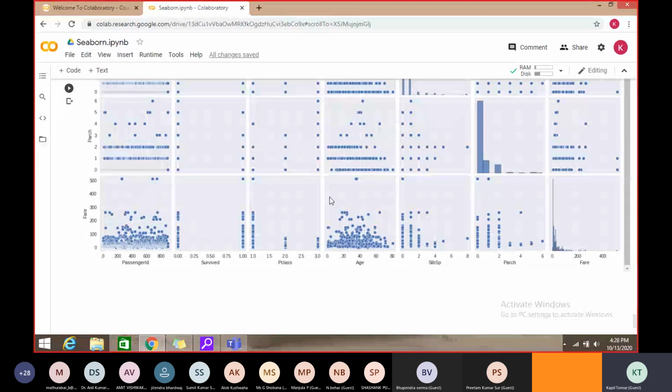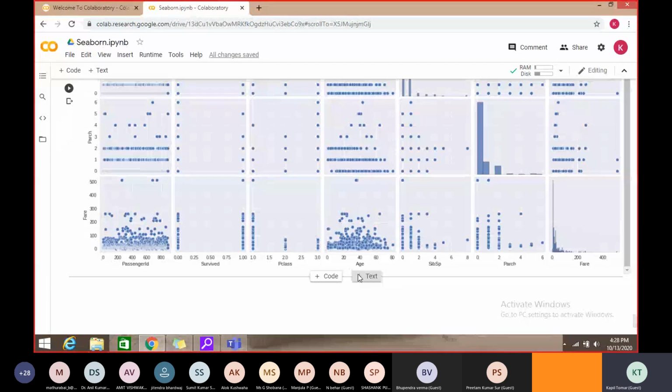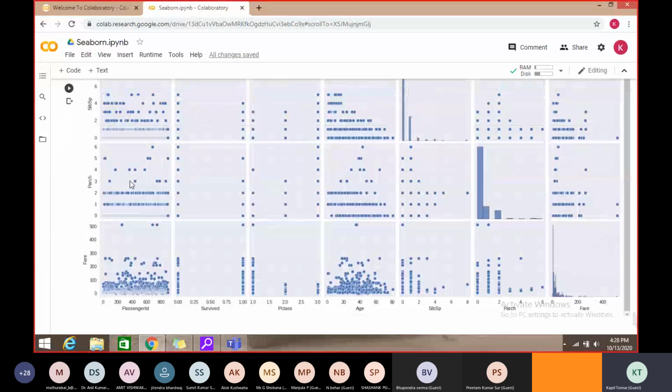Fare and Pclass, this is. Fare and age, fare and siblings, and fare and fare, right? Similarly, up, the total possible combinations, 1, 2, 3, 4, 5, 6, and similarly up.